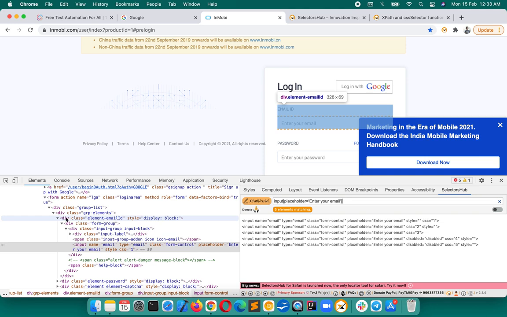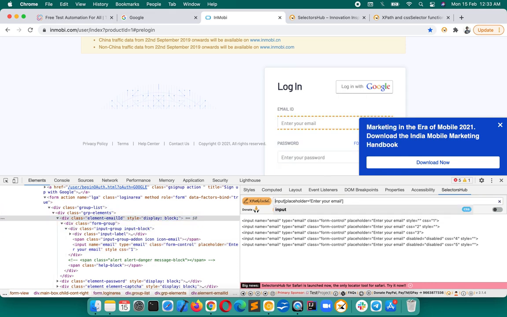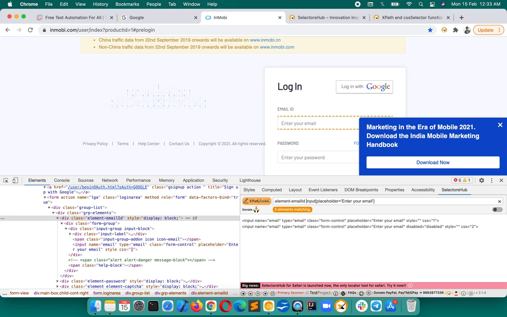So 1 2 3, so you see that we will skip these two and will directly join this one. So let's join this one. Dot class, we can use it here, and space, you see 2 elements matching. So here it's still 2 matching nodes. This we can make it unique, but you can see that space